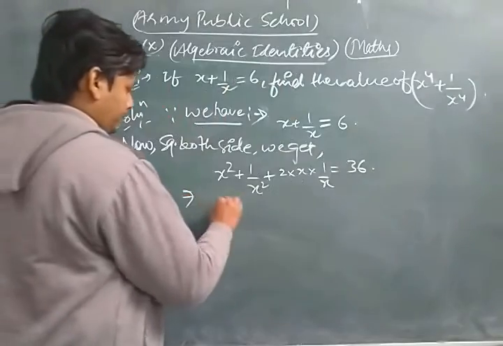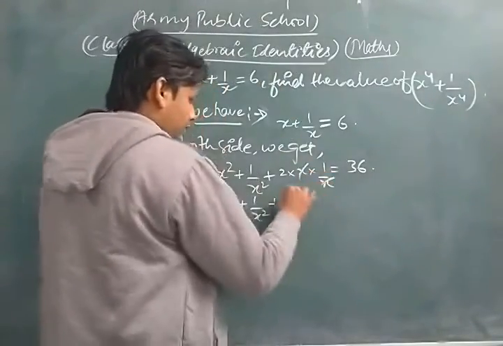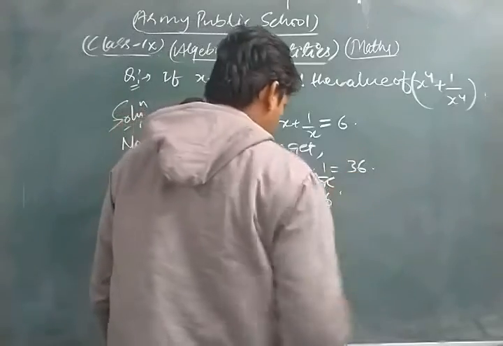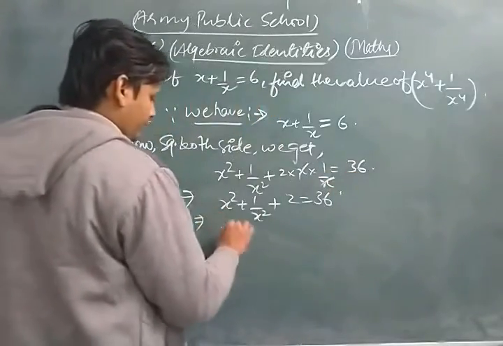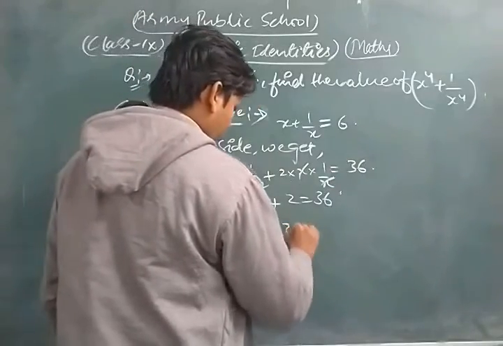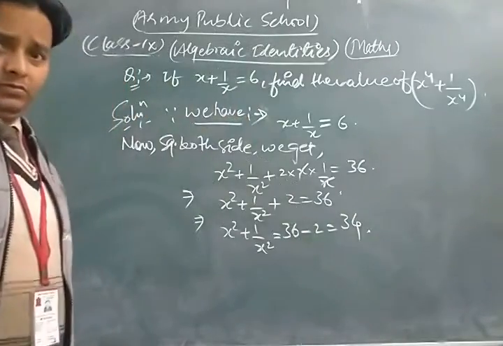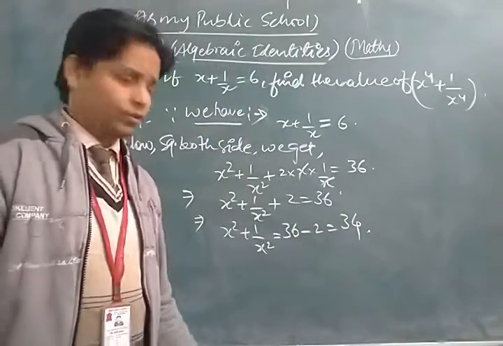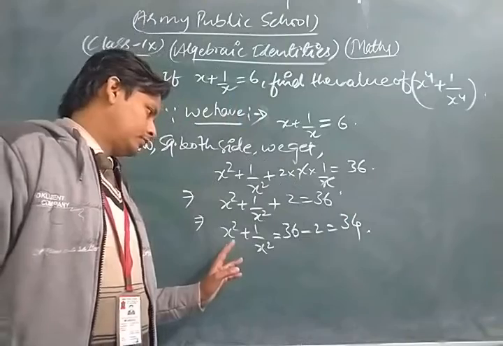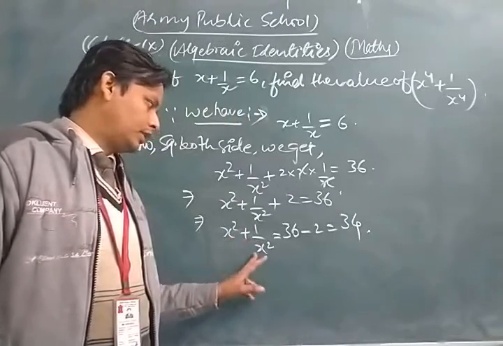Now x cancels each other, is equal to 36. Now we have x square plus 1 upon x square is equal to 36 minus 2, that is 34. So in this way,